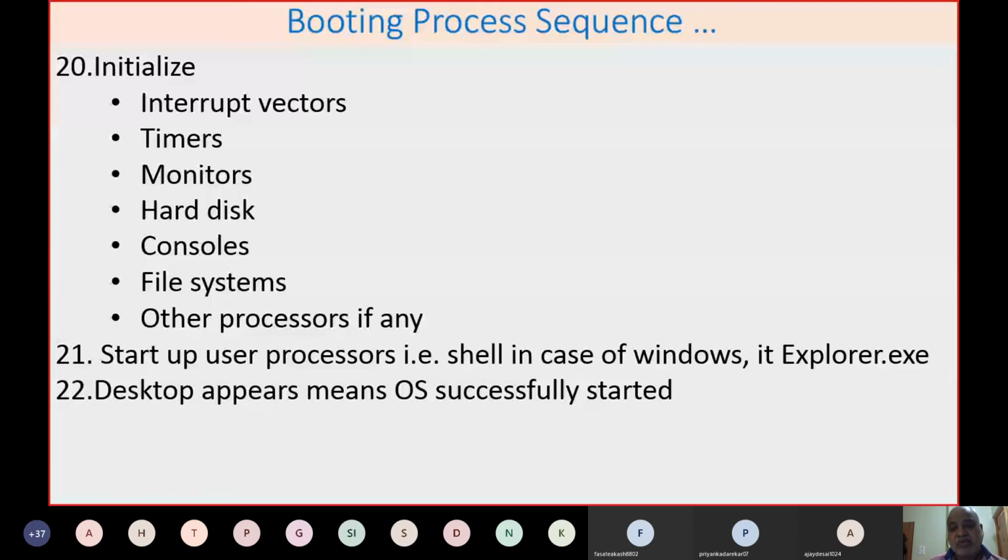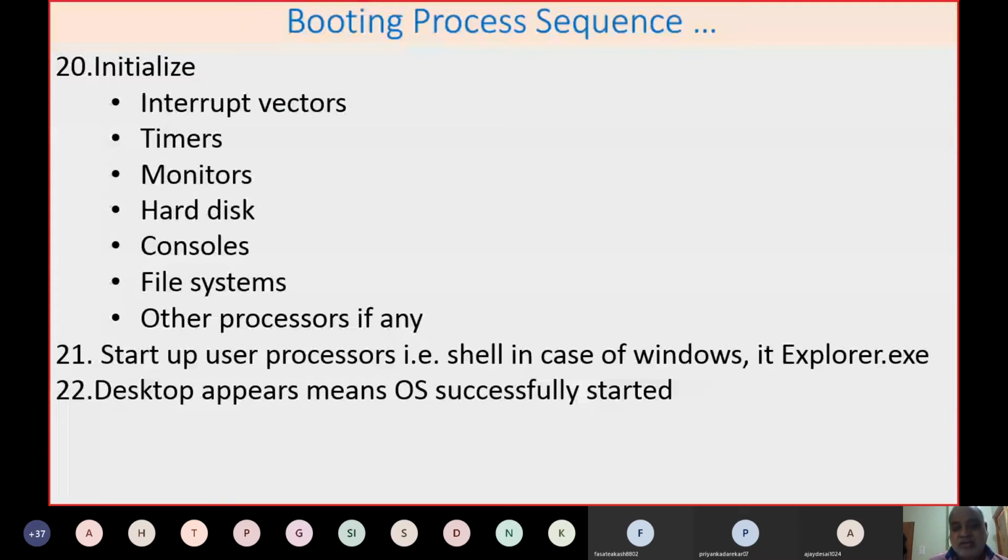Remember, when Explorer.exe is executed, only then will it start loading your desktop onto your screen. If Explorer.exe is not executed, you will never be able to see your desktop. So in other words, the shell program of Windows is Explorer.exe. Once Explorer.exe is loaded and the desktop appears, it means the operating system has successfully started.